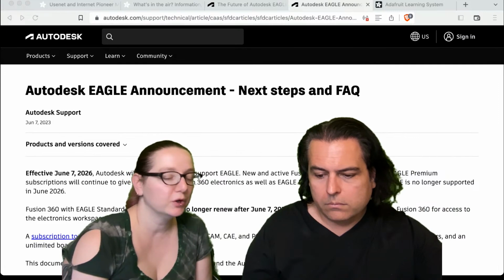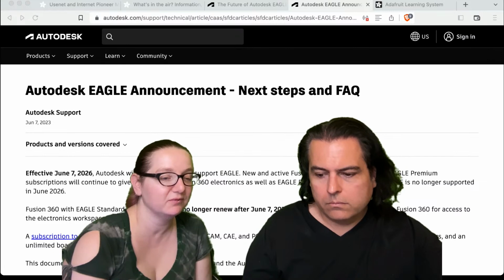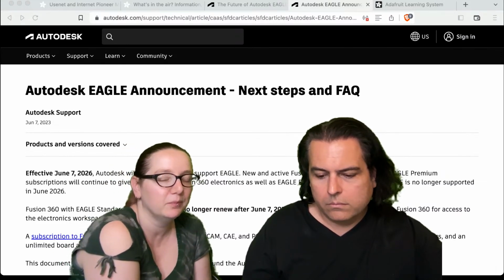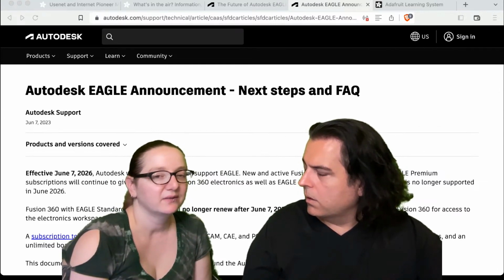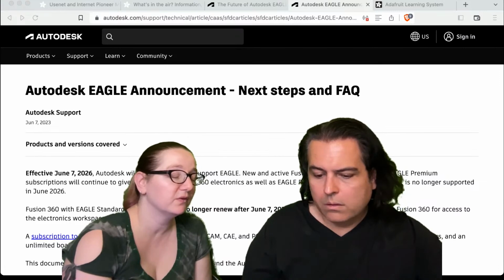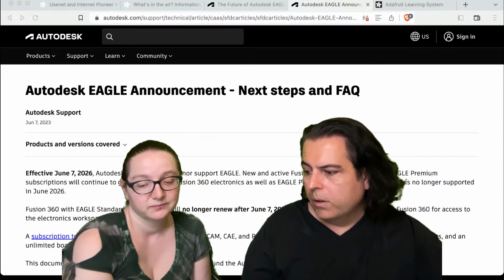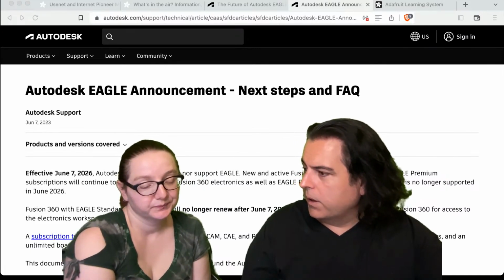And hopefully you'll always be able to download this Eagle 7.7 viewer. Viewing is not the issue. It's editing that might be annoying. You probably will have to install Fusion 360, and that will be not so fun. But on the other hand, Noe and Pedro use Fusion 360 all the time for their 3D stuff. And so I guess someone, if they wanted to be safe and they're in this industry,